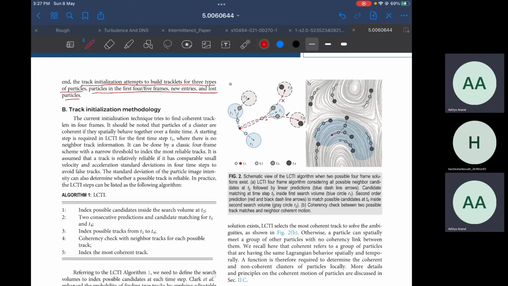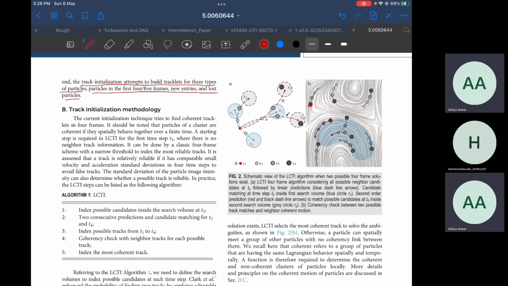If you have two motions, let's use this figure itself, the motion of these particles and this one may not be related. So before you select the particles for track initiation, you should look at whether they are part of a given coherent